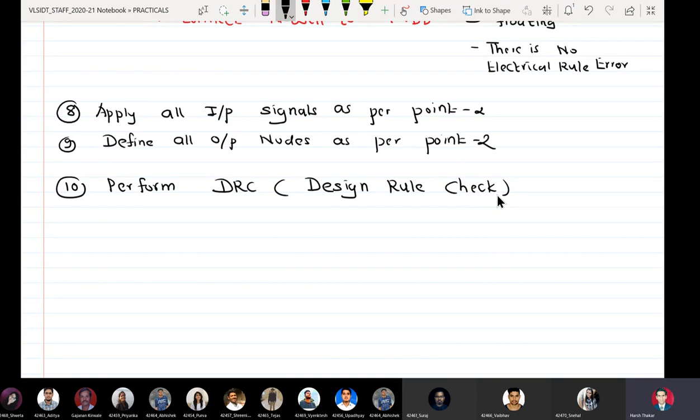Just like in the field of building construction, civil engineering, there are some rules defined that if you are going to raise two buildings next to each other, the minimum separation between two windows in two adjacent buildings is so many feet.